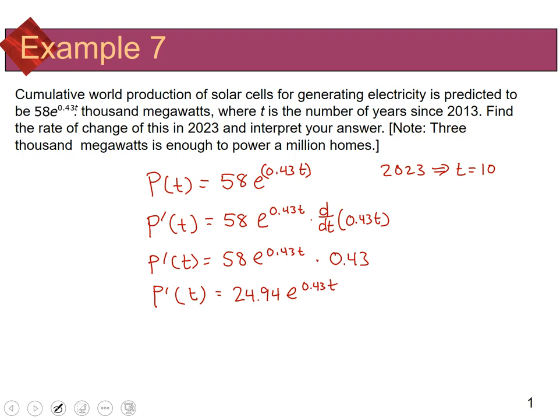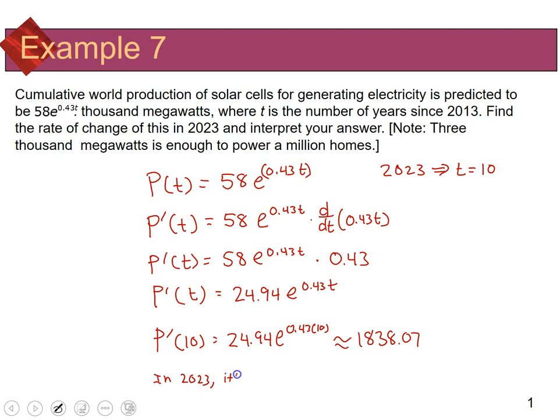This will give me the rate of change, as long as I know what t is. And since I know t is 10, I'm going to plug that in. I get 24.94 e to the 0.43 times 10, and that's about equal to 1838.07. So basically what this means is that in the year 2023,